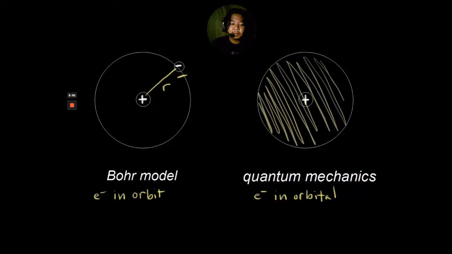So that's the quantum mechanics model, or we also call it the electron cloud model, where the electron is moving around in an orbital, since Bohr's orbits were adapted, but these orbitals are just boundaries. These are regions in space. These are not the ellipses, or the pathway of the electrons, but rather just like a wall, where the electron might be found. Again, might be found because they can transfer from one energy level to another energy level.